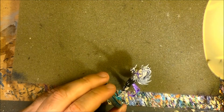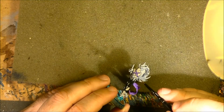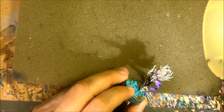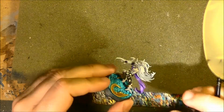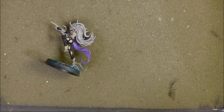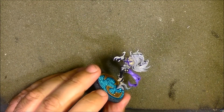So what I will do is I will apply the base color, this Administratum Grey, on the miniature. Okay, carefully and thin it. And once this is applied, I will come back and show you how it's looking like. So the base color is applied on the hair, but now to give even more depth, especially in the darker parts,